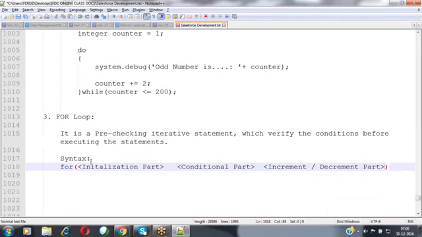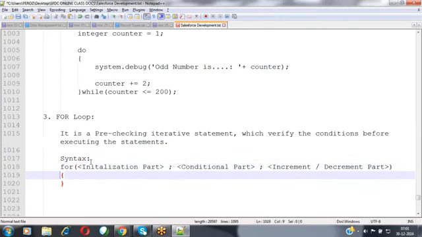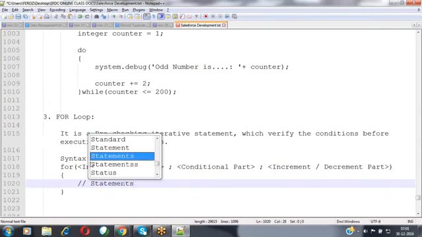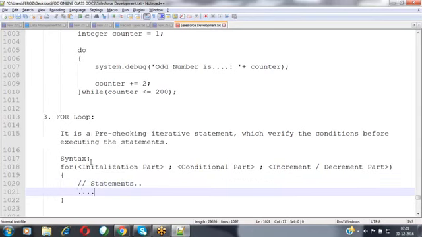So now these are the parts available here. Now these parts we can segregate by using a semicolon. Now the 3 parts we can write inside a single line itself. And then whatever statement that you want to execute, you can specify those statements over here.